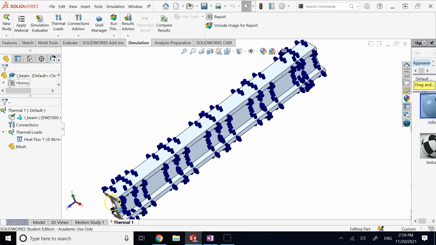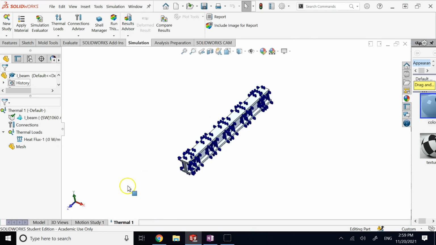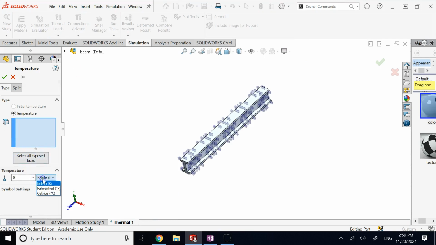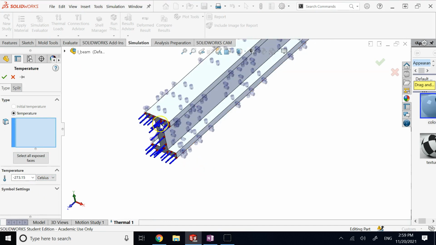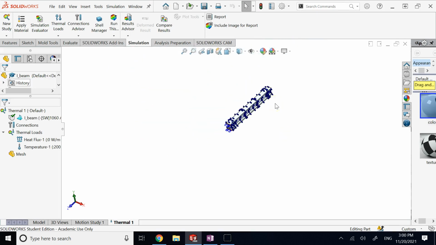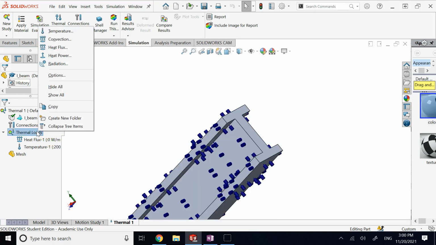So now I only have the front end and the back end, and now on the front end I'm going to apply a temperature. You can choose the unit to be Kelvins, Fahrenheit, or Celsius. So let's say I apply positive 200 degrees Celsius here, right? And I fix it over there. And then on the other end, as I said, I'm going to use convection here. So I say this other end, I'm trying to